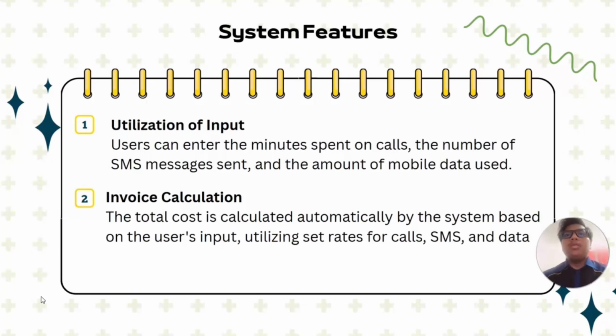The input is simple and direct, which makes it easy for everyone to use, even those who are not very experienced with technology. Okay, invoice calculation. The total cost is calculated automatically by the system based on the user's input, utilizing set rates for calls, SMS, and data. For the example, if the user made 10 calls, 5 SMS, and used 2 GB of data,